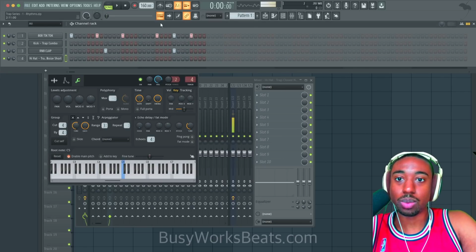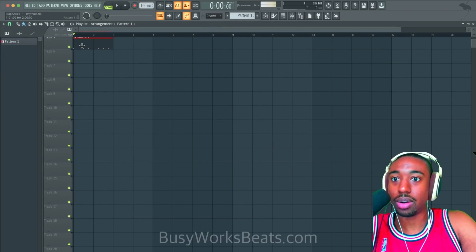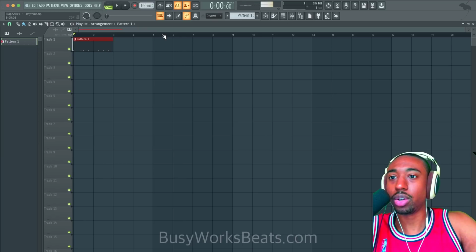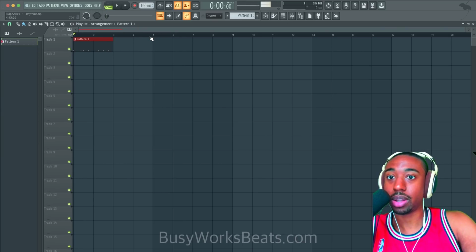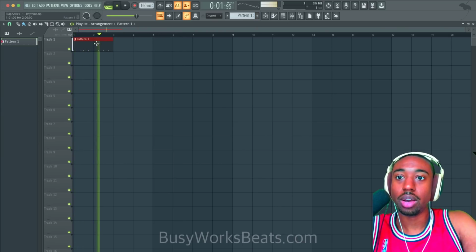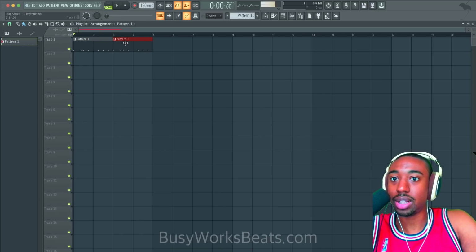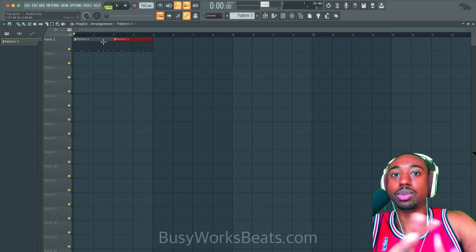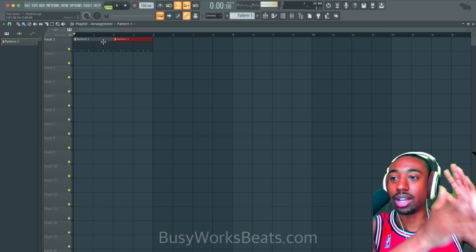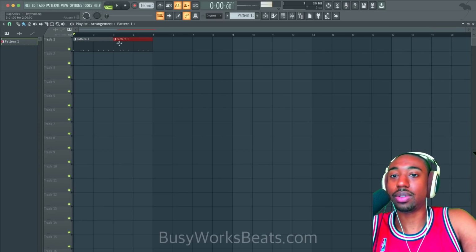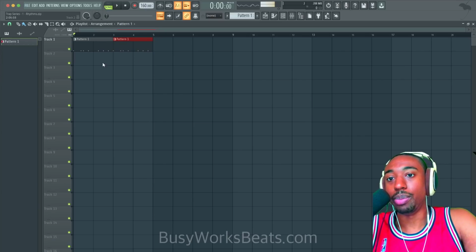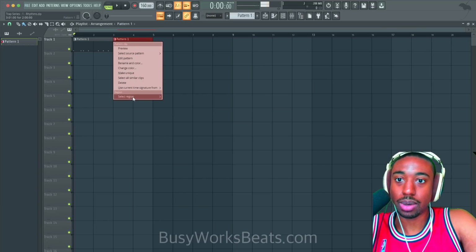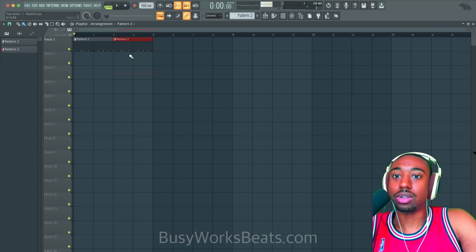What we'll do is create two different patterns so that we don't have the same thing repeating. We'll go to our playlist here and I'll show you quick little shortcuts in FL if you're in FL with me. We'll hit Shift left click and duplicate this pattern. You can also hit Control B, but I don't want to teach you patterns that you may use later and do it wrong. So hit Shift left click and drag over. Control B latch pastes, which is different than regular copy paste. Anyway, now we're going to make this unique.